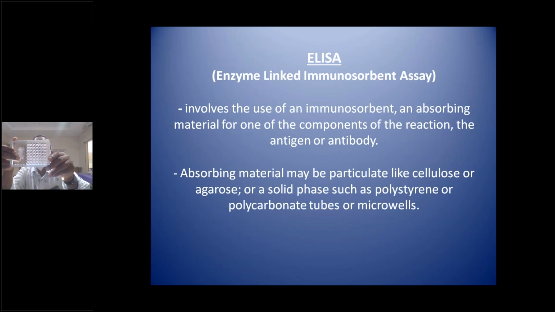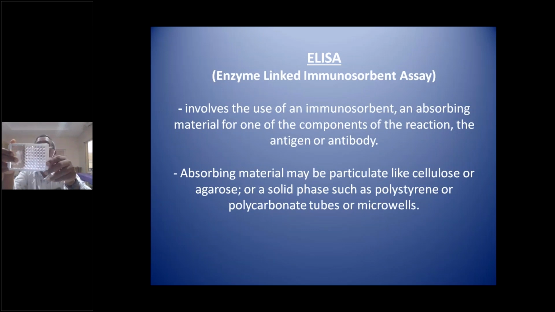There are about 100 wells we have to observe in a plate. In the ELISA plate, there are 96 wells. In the 96 wells, we can do 96 tests at a time. We can do more than 90 tests in this plate at a time, not 4 or 5 tests. More than 90 samples we can process in this plate.